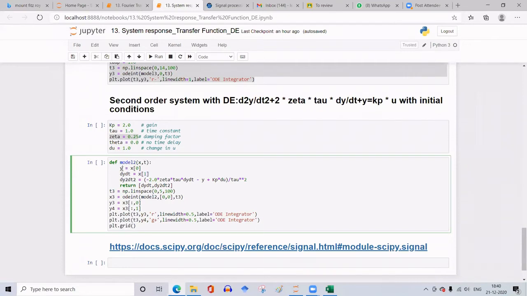And differentiate it once again, this y, that gives you d square y by dt square, which will be equal to, taking all these terms to the right hand side, minus 2 zeta tau dy by dt minus y plus kp into u, whole divided by tau square. I think this has tau square also.